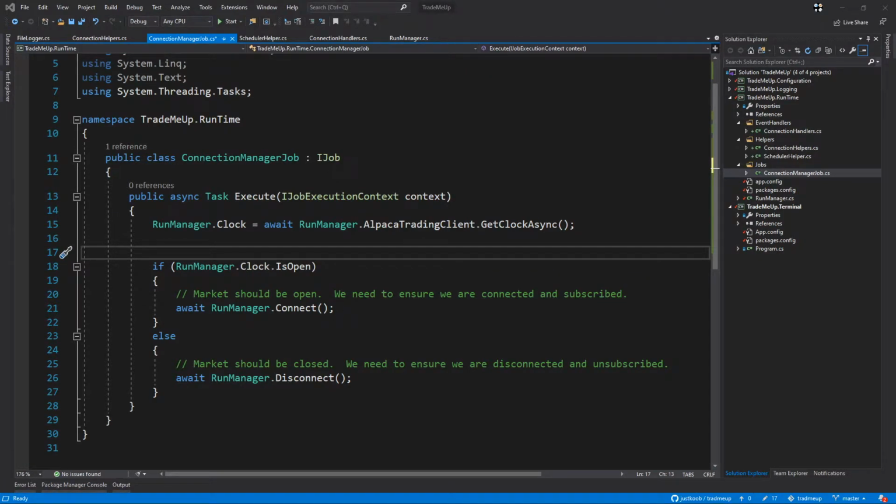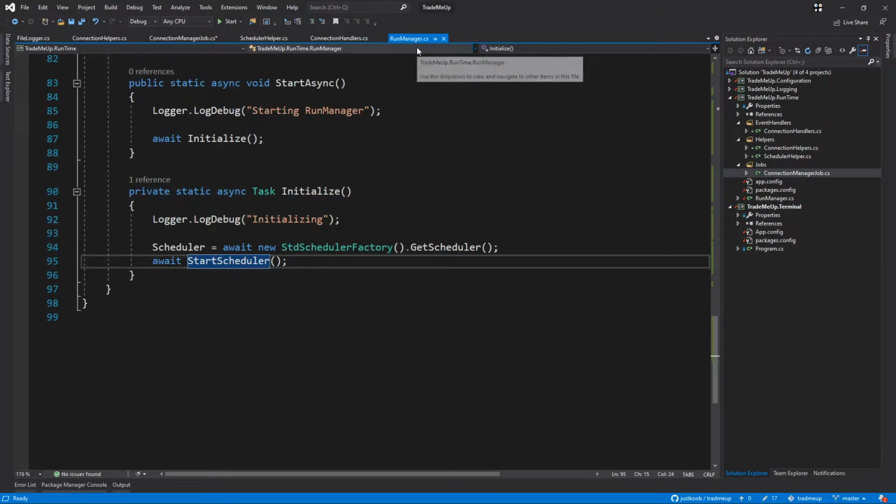Just wrapping up the day 3 stream of creating our wonderful Trade Me Up trading bot. Again, we're doing that live on stream, made some good progress. Just wanted to go through that with you here very briefly. So, what was on our docket today was to start creating the scheduler and then also implement some type of